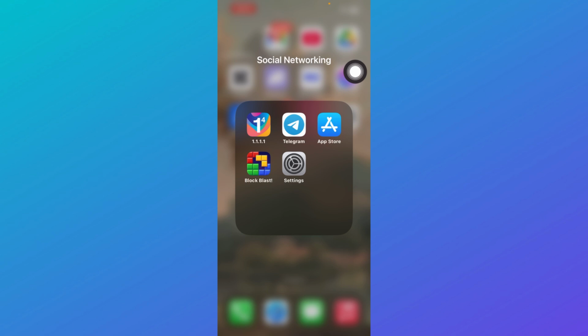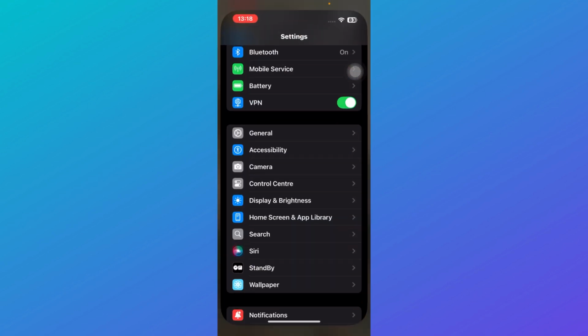In today's video, I'm going to show you how you can update Block Blast on iOS. So let's get started. In order to update Block Blast on iOS, the first thing is that Block Blast usually updates itself automatically. But if that does not happen, what you can do is go to your settings, and then